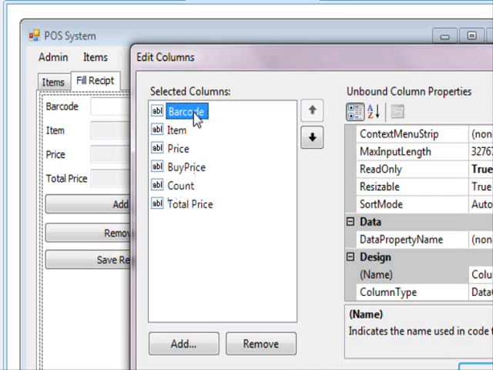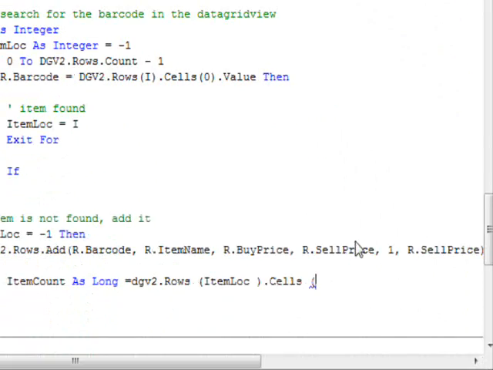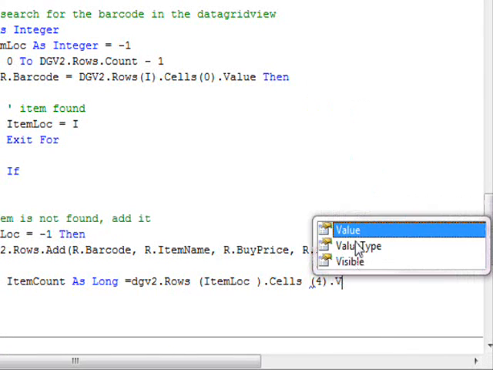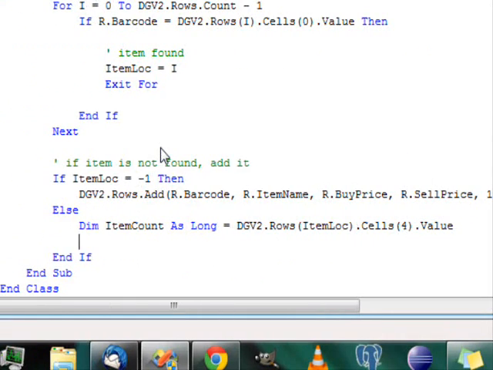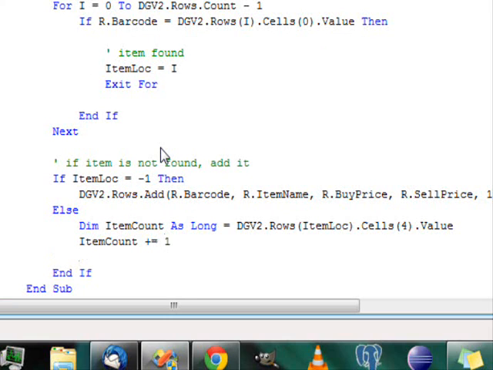Is it columns? So this is 0 1 2, this is 0 1 2 3 4. It's the fourth one, number 4 dot value. Okay, and then item count plus equal 1. So this means item count equals item count plus 1,